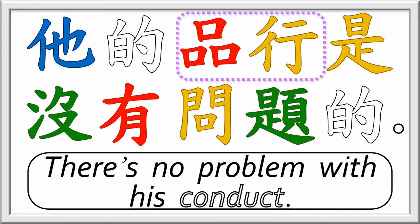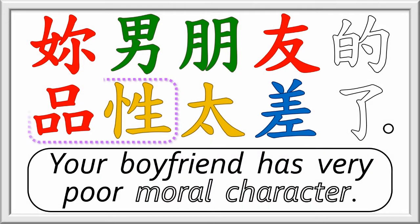他的品性是没有问题的. There's no problem with his conduct. 你男朋友的品性太差了. Your boyfriend has a very poor moral character. 品 can be either a noun or a verb, but both refer to how people differ and the choices they make. A shortened expression to criticize a person or thing as lacking in taste or class, or showing poor judgment, is